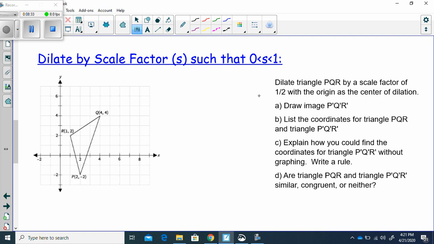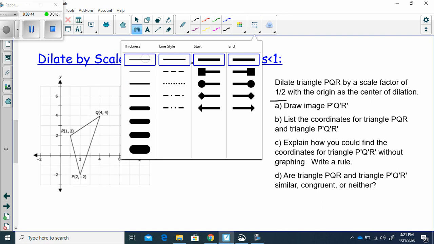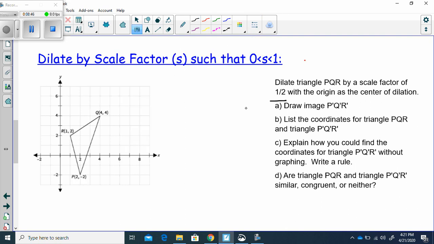What if we dilate triangle PQR here by a scale factor of 1/2 with the origin as the center of dilation? So now we're going to multiply by a scale factor of 1/2. What we should get, since we're doing this from the origin, is a triangle that is half the size of the previous one. List the coordinates for the triangle PQR and triangle P prime, Q prime, R prime. Draw the image after